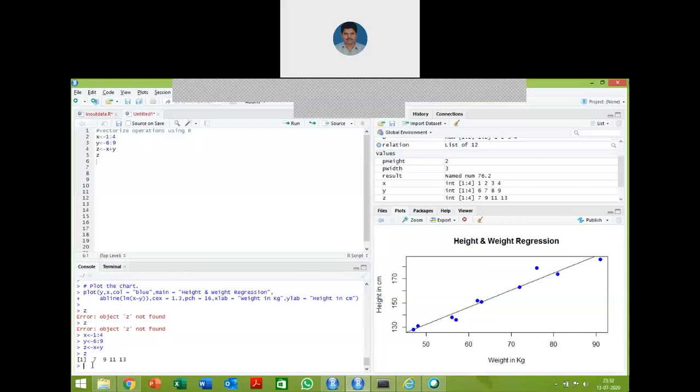Matrix operations are addition, subtraction or division of two matrices.